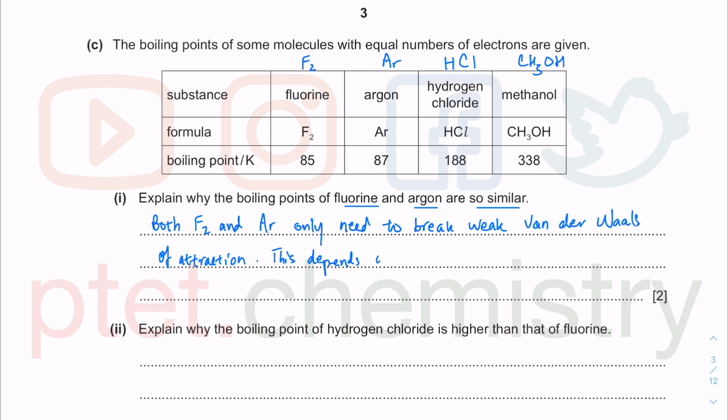So these weak van der Waals forces of attraction between the molecules depend on, first of all, the total number of electrons in the molecule primarily. So this is the primary factor, total number of electrons, not valence electrons, but total number of electrons in the molecule. Primarily means it is the most important reason. I'm not going to talk about the secondary factor. Actually, this is the most important factor, the total number of electrons in the molecule. And both F2 and argon actually have the same number